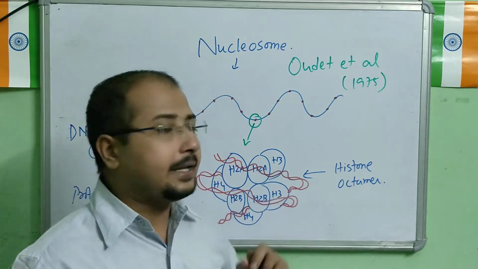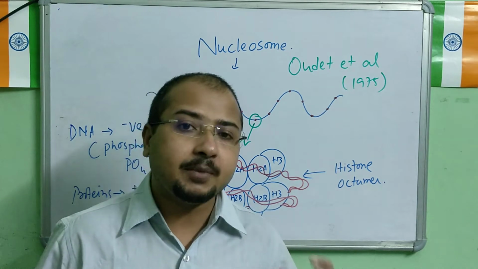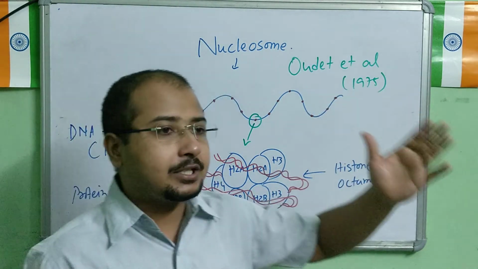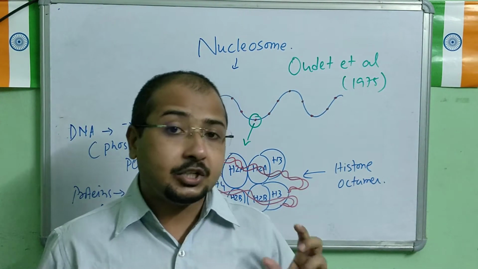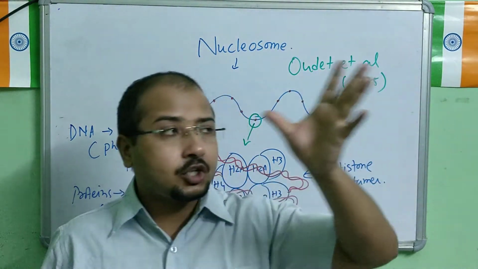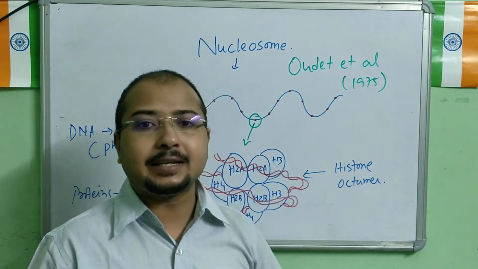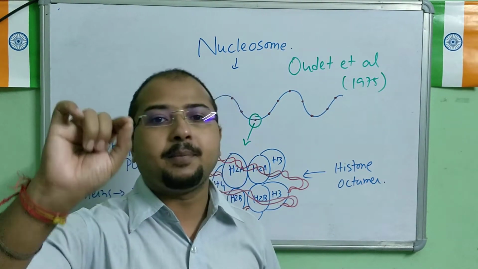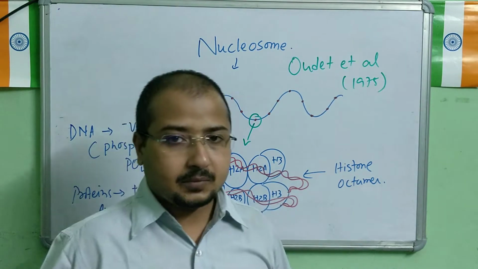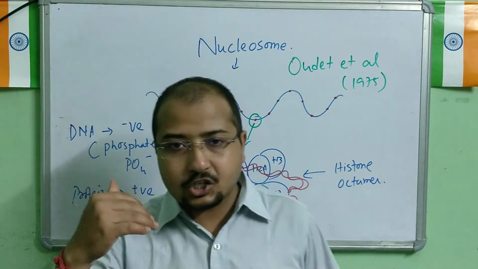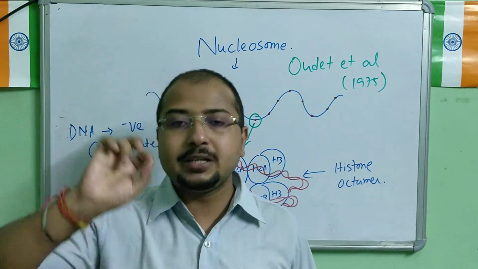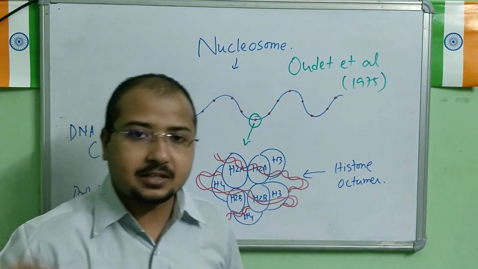What is the function of the DNA here? DNA carries genetic material, or genetic information, from one generation to the next generation. It means that DNA is basically carrying the genetic information for a particular character. DNA's function is done. What is protein doing? Proteins actually help in expressing the character. By utilizing the genetic information, protein helps in expressing the character. That is the function of the protein.